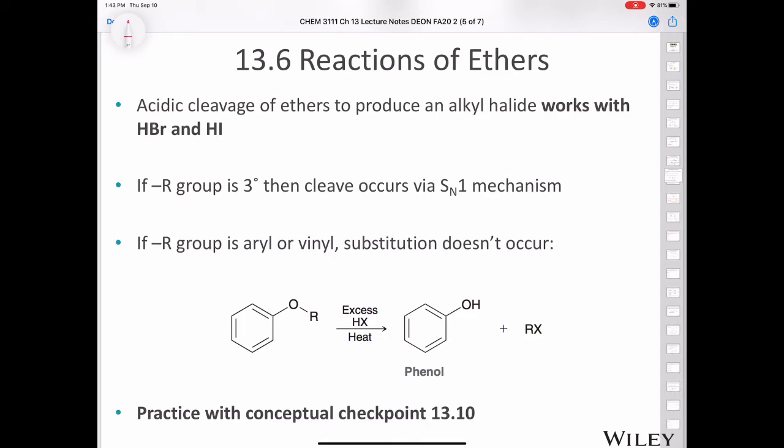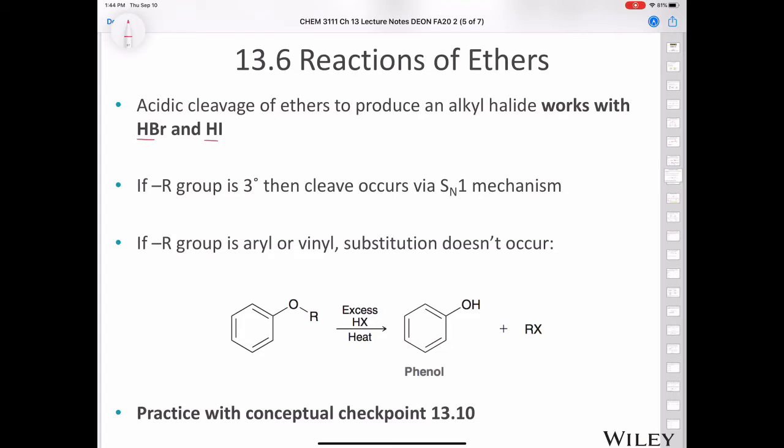Let's talk about reactions of ethers. The most important reaction of ethers that you have to know is the acidic cleavage of ethers to produce an alkyl halide. And this acidic cleavage works best with hydrobromic acid or hydroiodic acid. Now, when we take an ether and we treat it with HBr or HI,